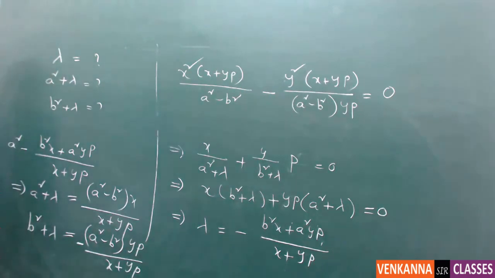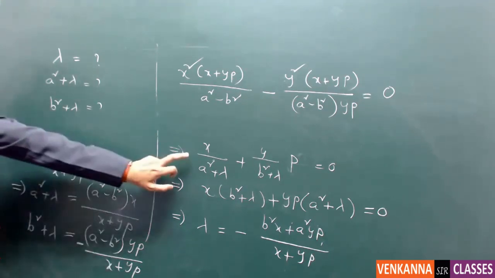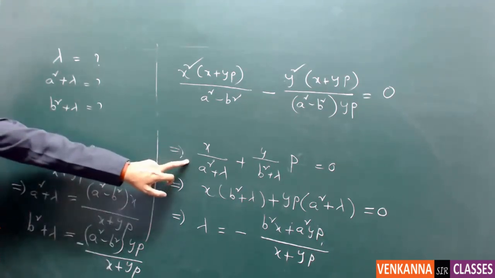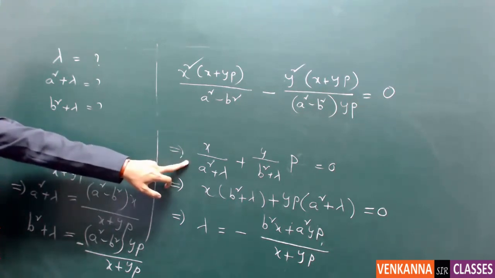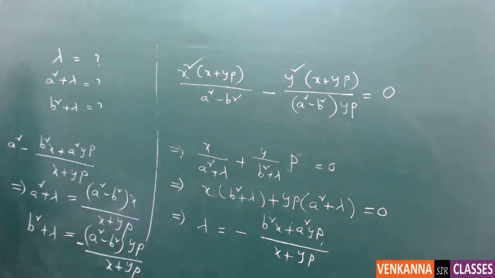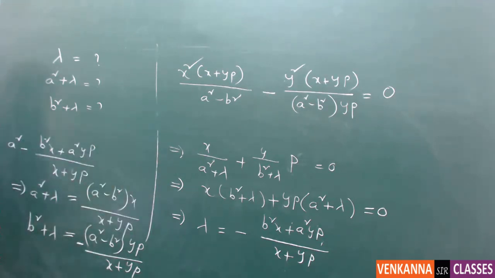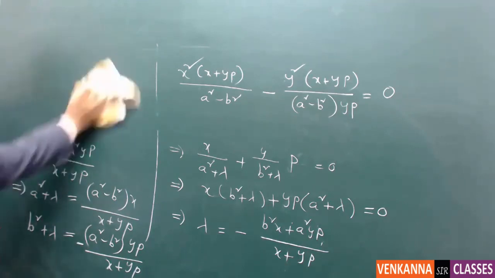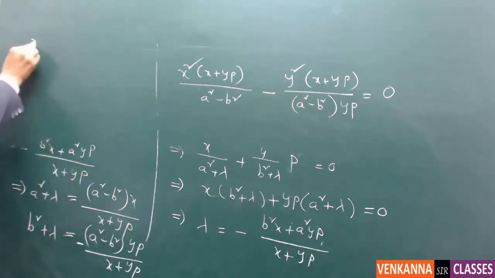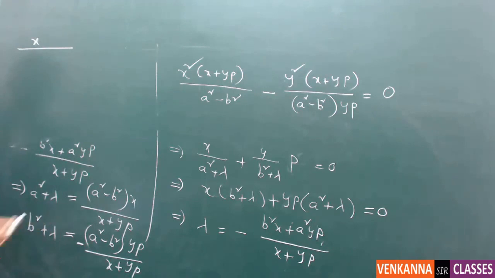Now okay it is. I am going to substitute a square plus lambda and b square plus lambda values here. So we are going to substitute the values in this equation. Yeah, just hold on a second. So if you substitute x by a square plus lambda is nothing but